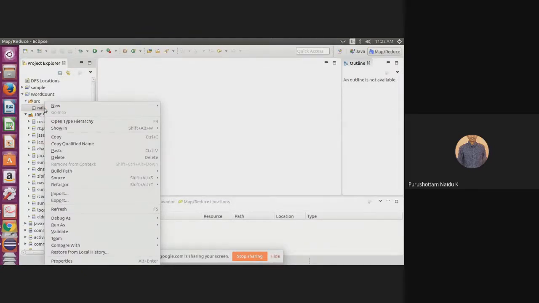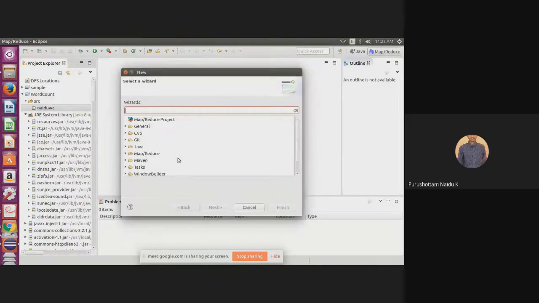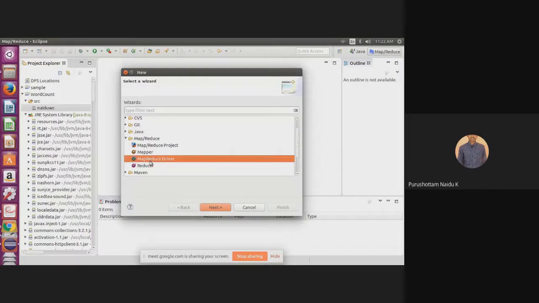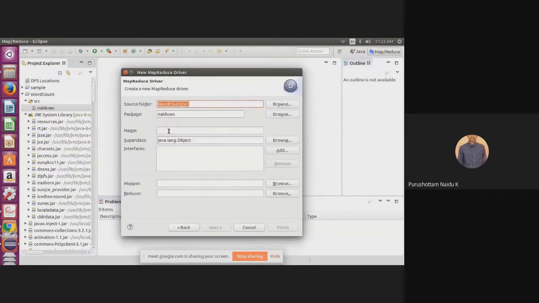Okay. Now in this package we have to add those 3 codes. So select the package name, New, Other. Clear? So in Other we have MapReduce. Expand MapReduce. Reducer, MapReduce driver, mapper. First I have to import the driver. Next, you have to specify the driver code name.